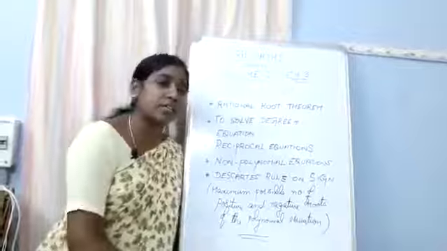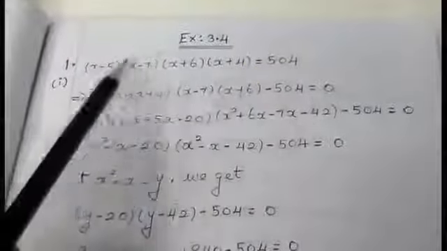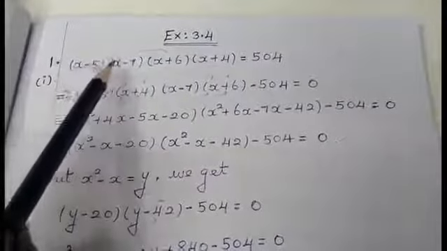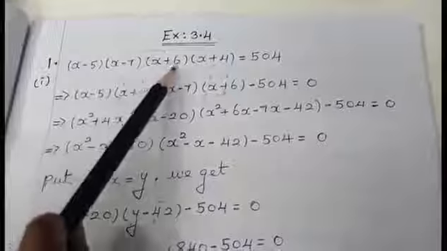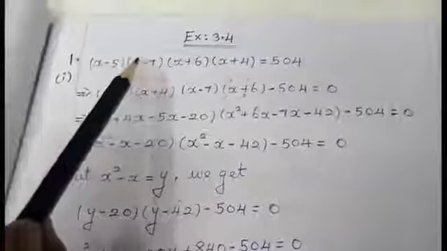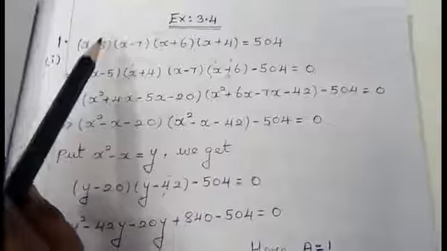Now we are going to do the sums. This is the question given in your sum, students. On the left hand side, you have 4 factors: x minus 5, x minus 7, x plus 6 and x plus 4. How to do the calculation is, I am going to form a grouping. I am going to group the factors in such a way that the x square and x terms should be the same. So you are going to check the grouping.